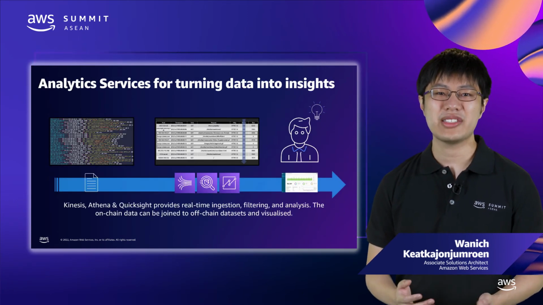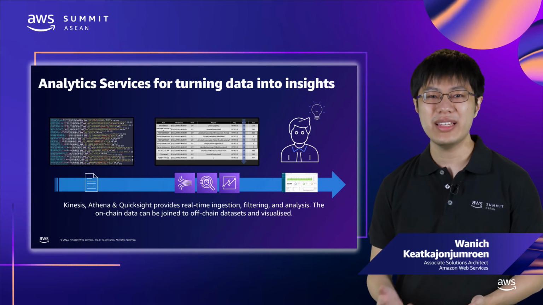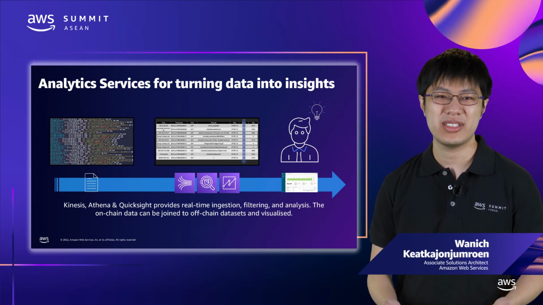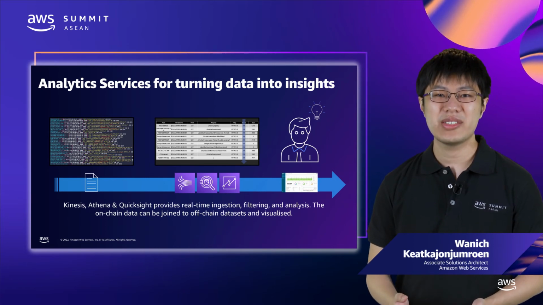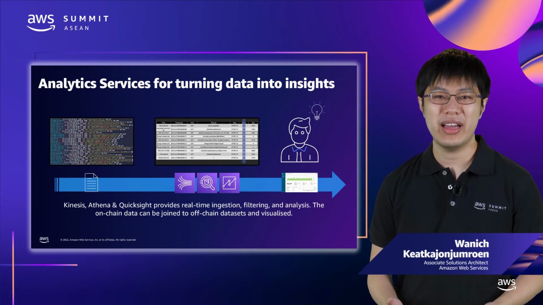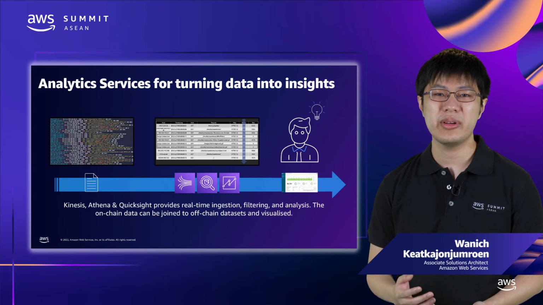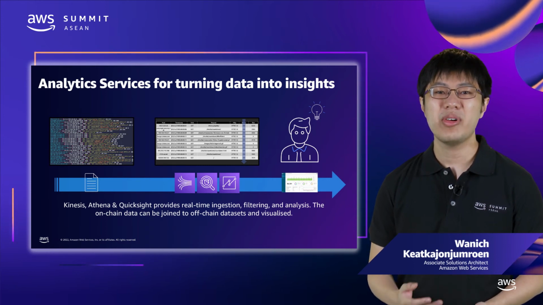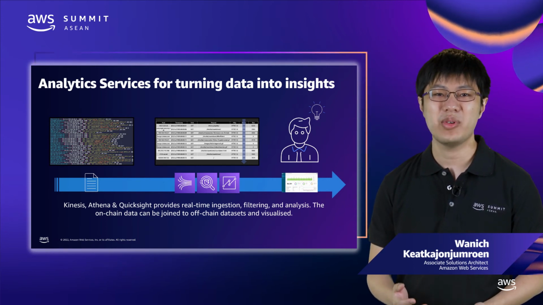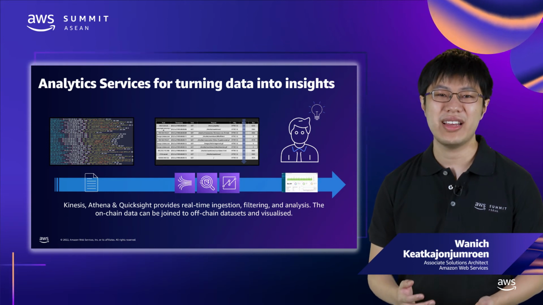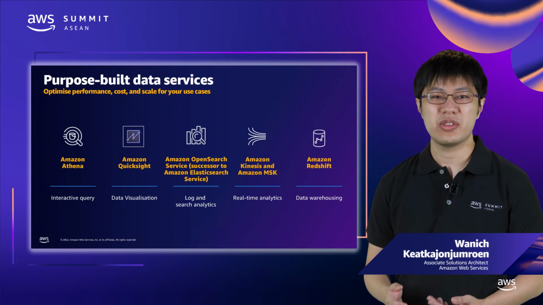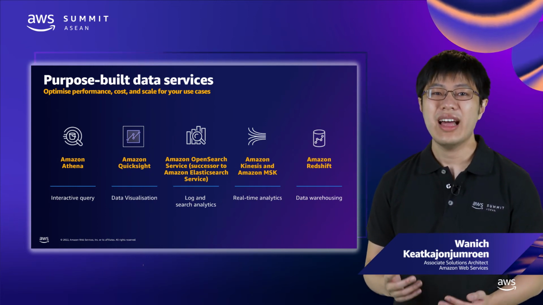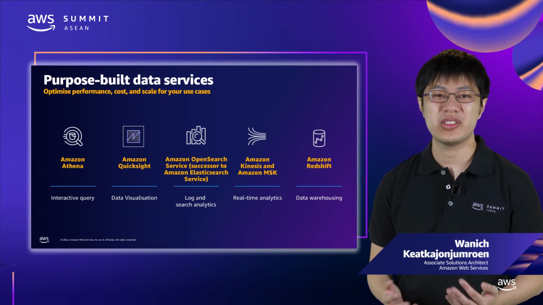Once the events can be extracted, you can turn these events into insights with AWS Analytics services such as Kinesis, Athena, and QuickSight. These services would ingest your data in near real time. You can perform interactive querying to explore the data, process the data, and then visualize it for business reporting or for business intelligence purposes. To expound further what these services are, firstly, Athena is an interactive query service that makes